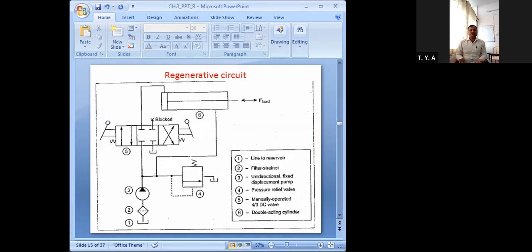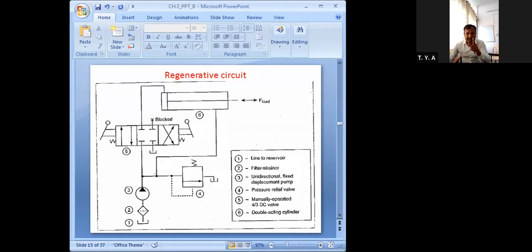Getting it? And for the retraction stroke, at that time this pump line we have to connect from P to B, that means in this direction. That means we have to take this third position.